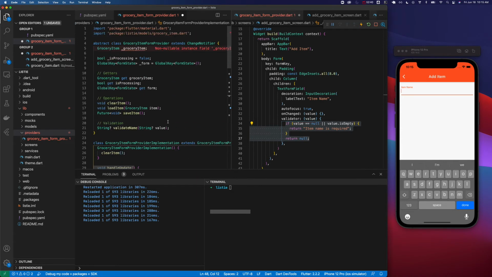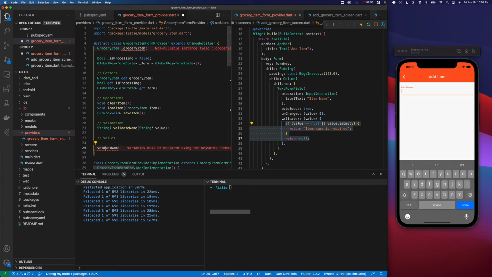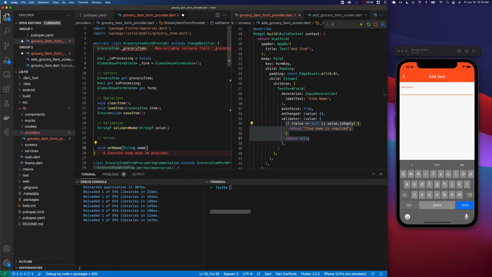Okay, a couple other things we need. So we have getters, operations, validation, and we'll just have something called values. So let's do something called setName. It's going to be a void function that returns nothing, but setName is going to take a string of name, and we want to say